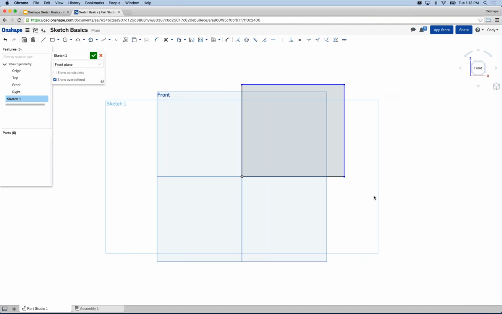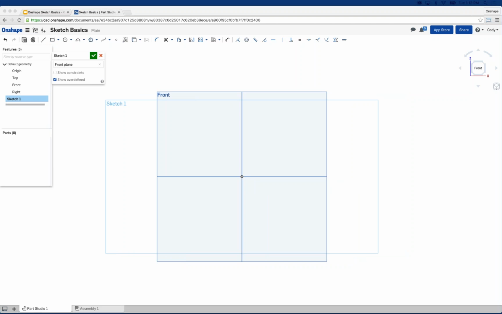Now, in this case, this is a corner rectangle. We also have a second type of rectangle. So let's cover that. Now, what I'd like to do,